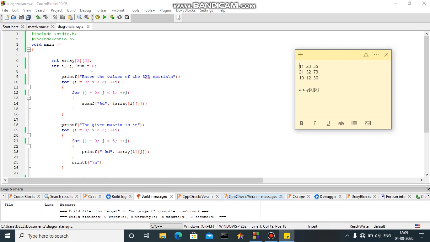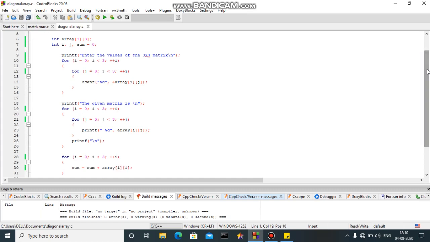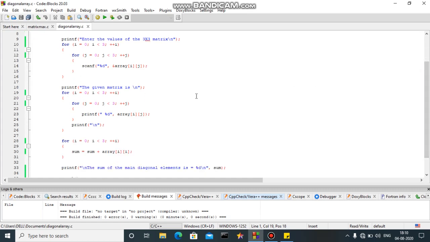First of all we'll need the values from the user. We'll get 9 values, as it is a 3 by 3 matrix I have used in this program. So we'll input the values from the user using the first for loop for rows and the second for loop for columns, and the user will enter the values one by one as per their positions. Then, for better understanding and better visual, we'll print that matrix for the user.